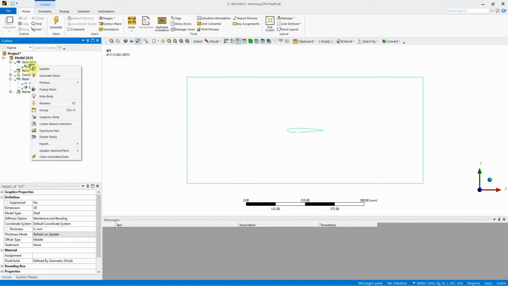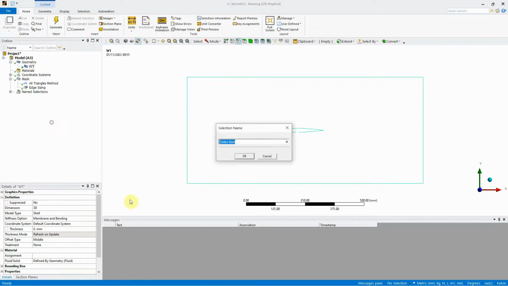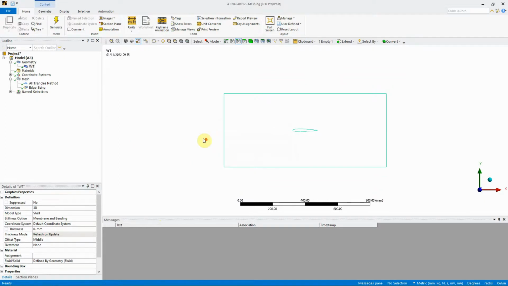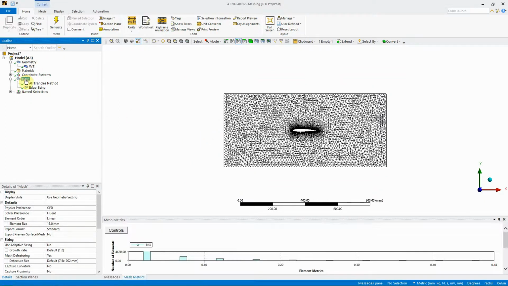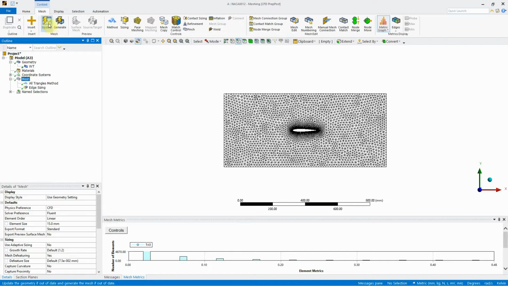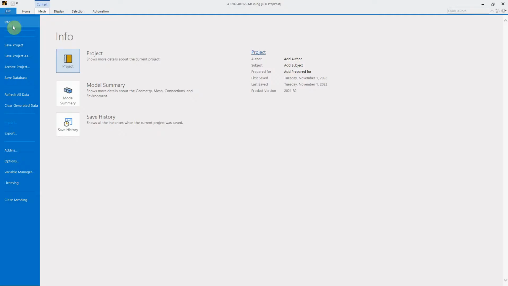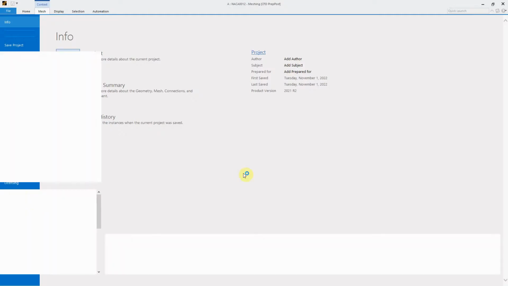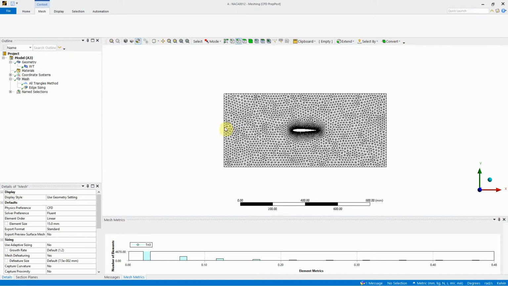On the wind tunnel, I'm also going to create a name selection called air because it's fluid. And then here, if you click on mesh and press update, it will update the mesh a lot quicker. There are other ways, which is basically just closing the mesh, and then you can just right click,